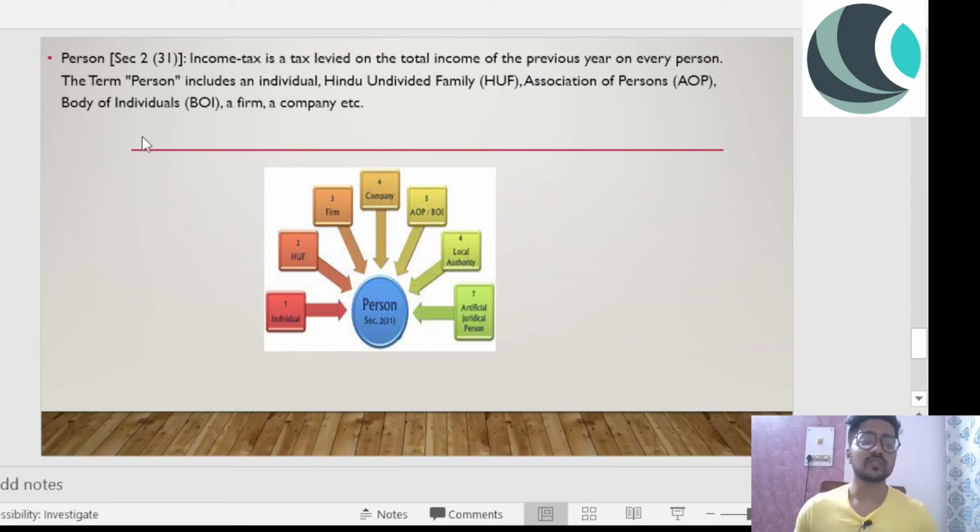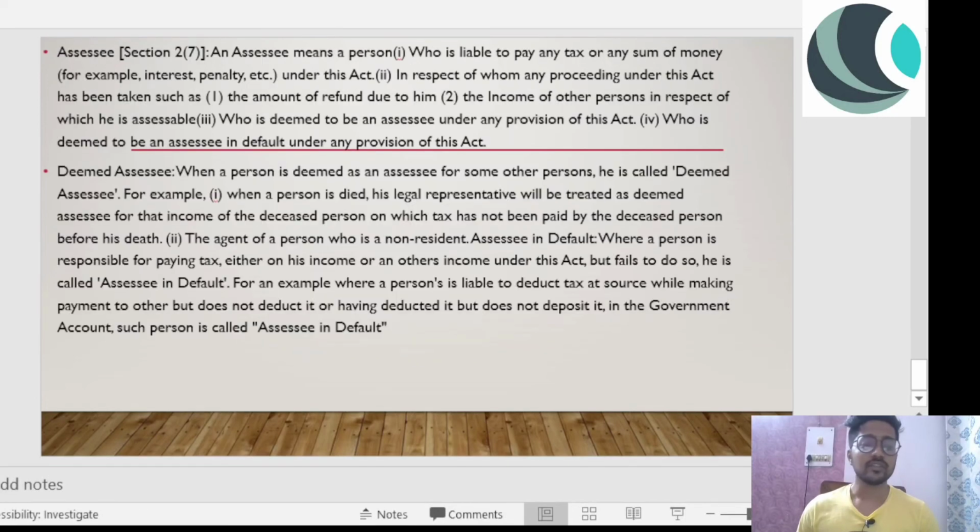So this is all about the persons, the person definition, and you have to remember what all comes under the person definition, because you can definitely expect an MCQ wherein on the left hand side everyone is mentioned, and then on the right hand side you have to pick the right one associated with that particular definition of person, right? So these are all the components, so you have to make sure that you are picking up the right component. So this is about the person definition.